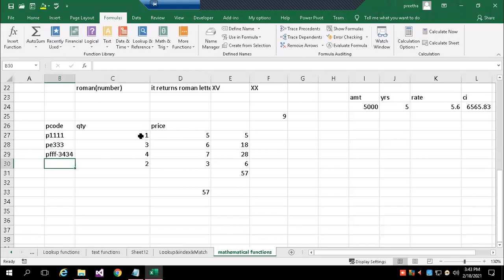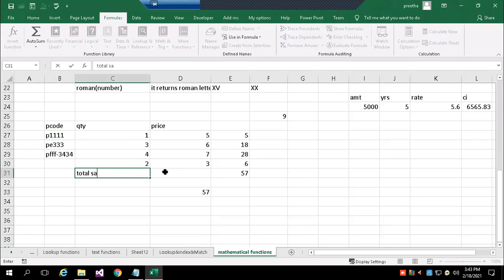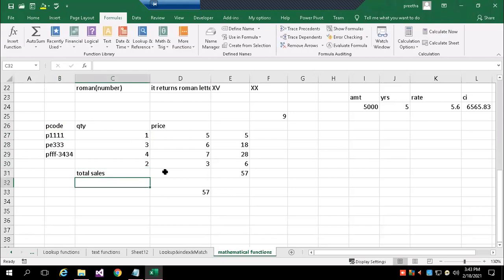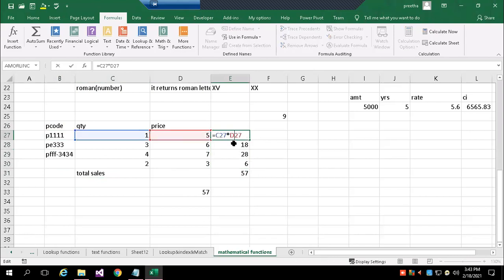Now you can observe, if I want the total sales, I'll write it here. The total sales we got is 57. When I want to do this, first I should find the product, that means multiplication of each, then the sum.